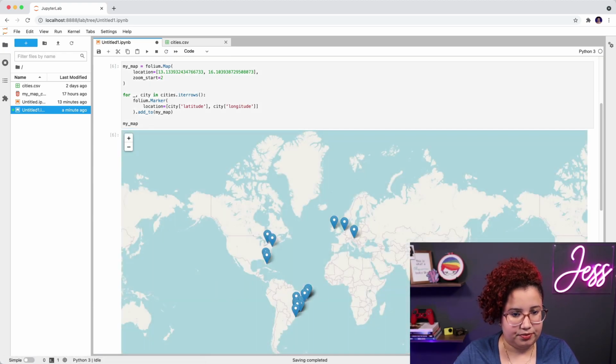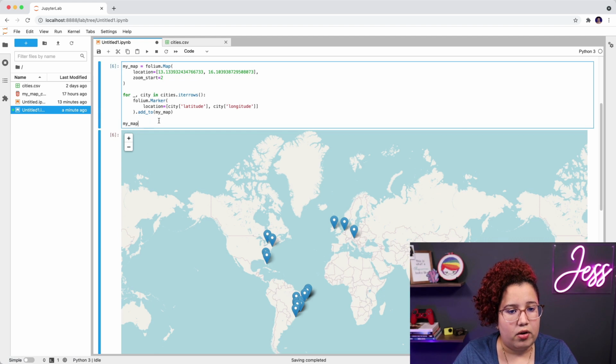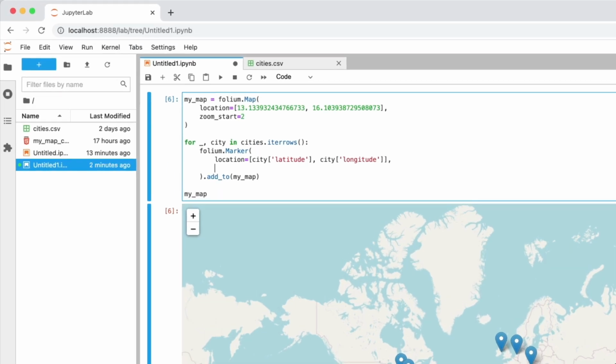So if I run this, you can see now that I have all of these different cities over here, right? I can see that I have Toronto, and I see a Sydney here, and Taipei. Okay, but I don't want to zoom in on each marker to see what city I'm talking about. So one way that we can add a little bit more information to my markers is giving them a name. And one way you can do that is to use the popup param. And the popup can take any sort of string. I could have my favorite city here, and that would add my favorite city to all of the markers there. But what I want is actually the city name so that I can click on the marker and see what city I'm clicking on. So the way to do this is using the name because I have the name inside my data set. And if I rerun this